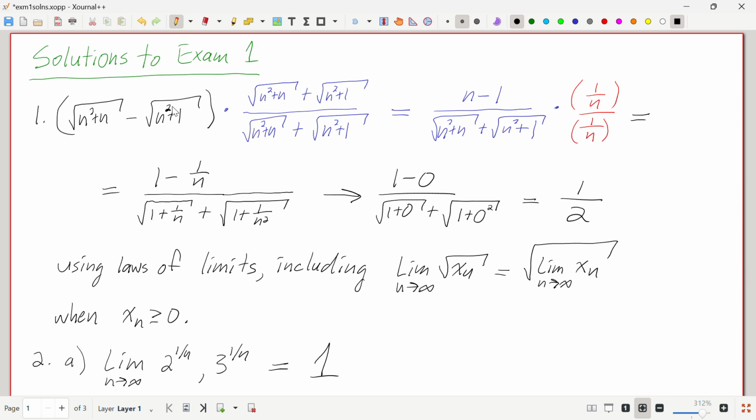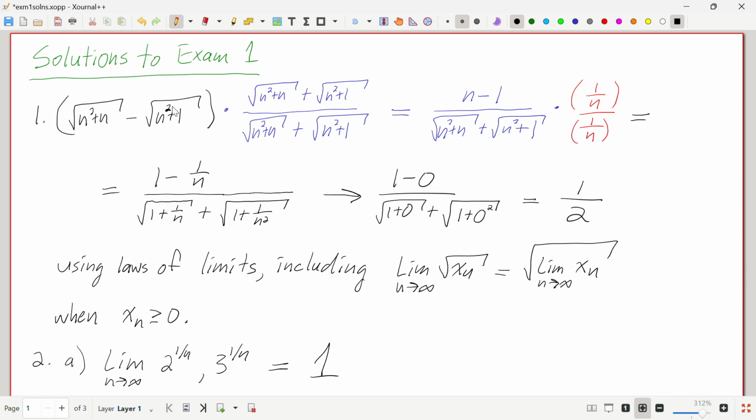Okay, and if you think about what the biggest power of n in those two things are, n to the 1 is obvious on top, and the square root of n squared on the bottom is also an n to the 1. So you'd think that it's going to behave asymptotically like n over n plus n on the bottom. And to demonstrate that feeling, this is a kind of thing you learned in freshman calculus. So people knew this first step about the difference of squares